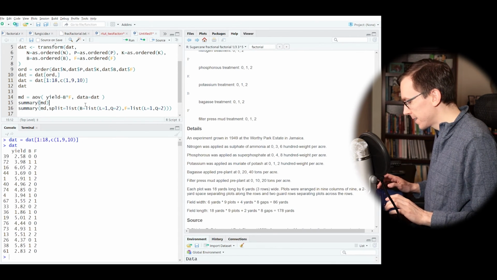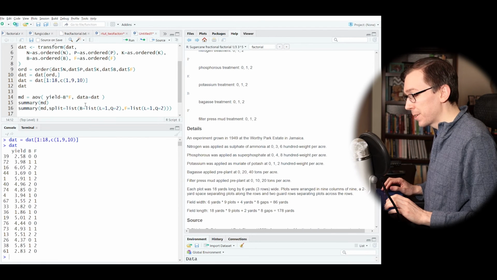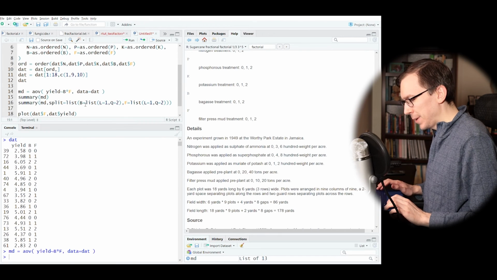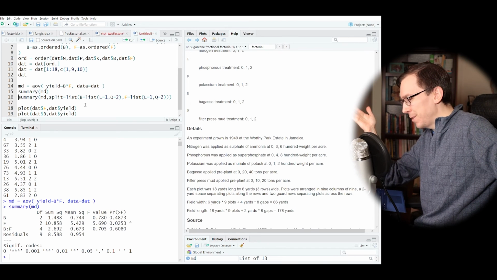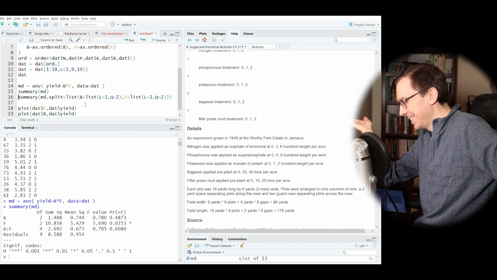Okay, so given all of that, let's fit a model. So here I'm just saying yield is going to be a function of b times f. And let's see what happens when we look at the ANOVA table. All right, so here's our ANOVA table. We find out that factor b, which is